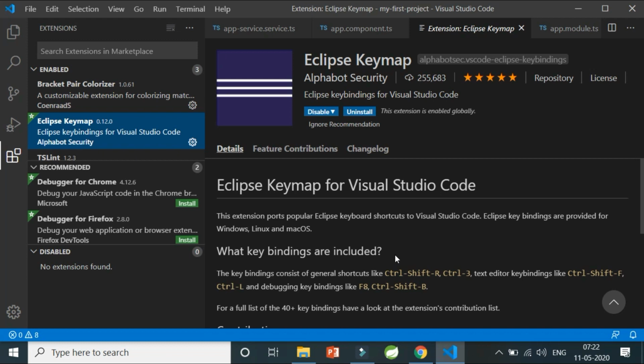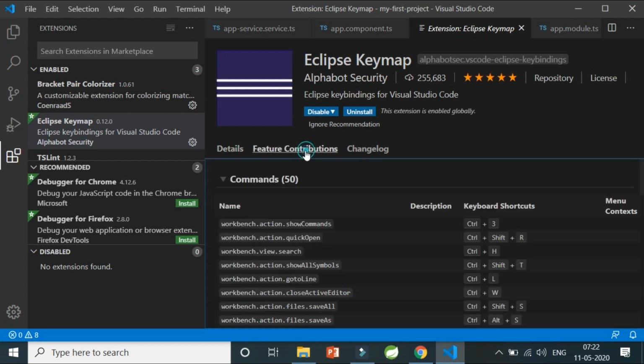This extension is a boon to all of them who have all those shortcuts in mind, like Control Shift R to open a new file, so that they can work here also in Visual Studio Code and you won't have wasted them. For the list of these shortcuts, we can always find a feature contribution table which says that for quick opening a file you can use Control Shift R, for the search you can use Control H, and all those shortcuts we have by-hearted while using Eclipse we can always reuse while coding for Angular in Visual Studio Code.